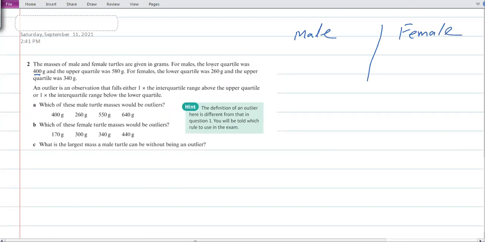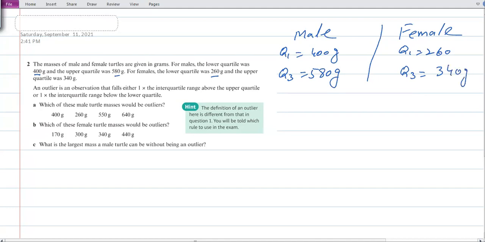First of all, let's write the data for the male. The lower quartile for the male, Q1, is 400 grams, and the upper quartile is 580 grams. For females, the lower quartile is 260 and the upper quartile is 340 grams. An outlier is an observation that falls either 1 times the interquartile range